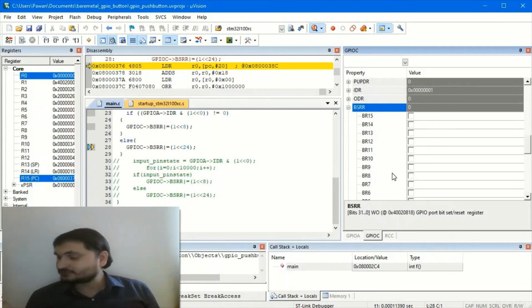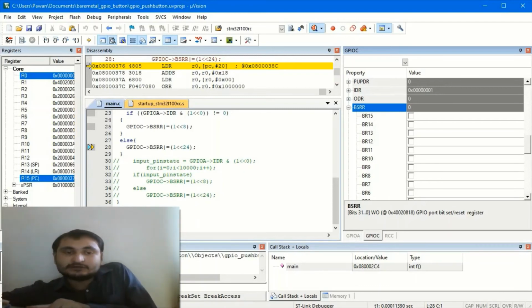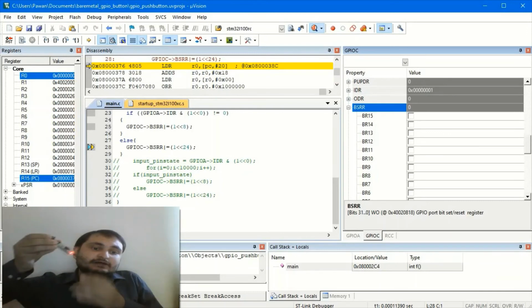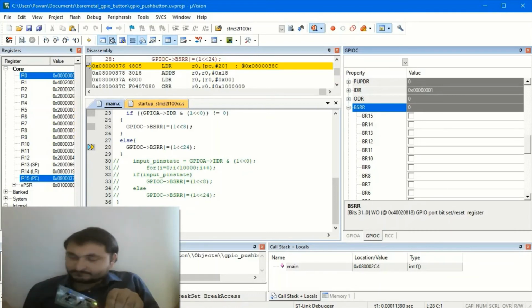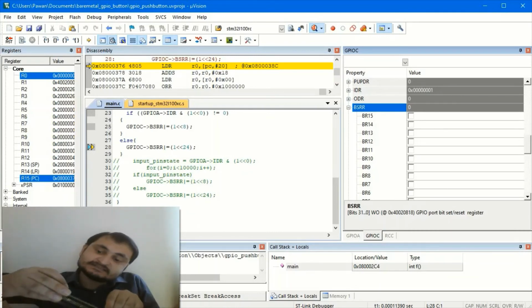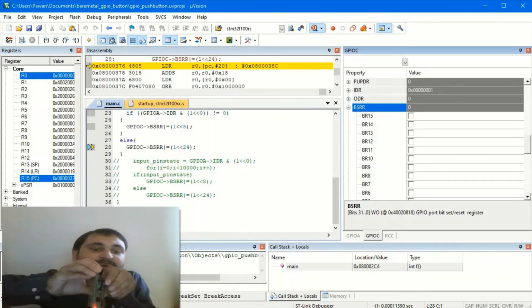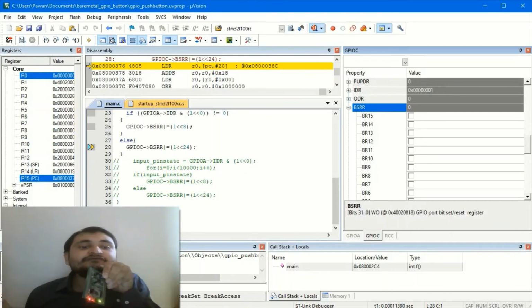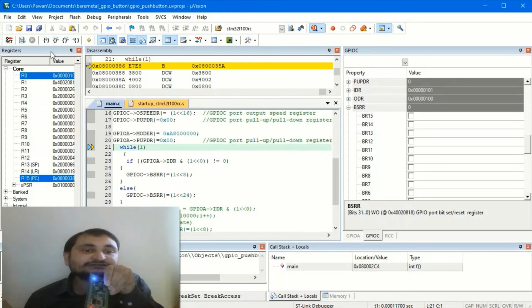So anyhow, let me show you the hardware. This is my hardware, and here you can see I will press this switch, the user button. This is reset, this is the user button. So if I press this and keep holding this switch, and go to this step again, now this will be true. Here you can see it's true now, and our LED will glow, because it's executed.